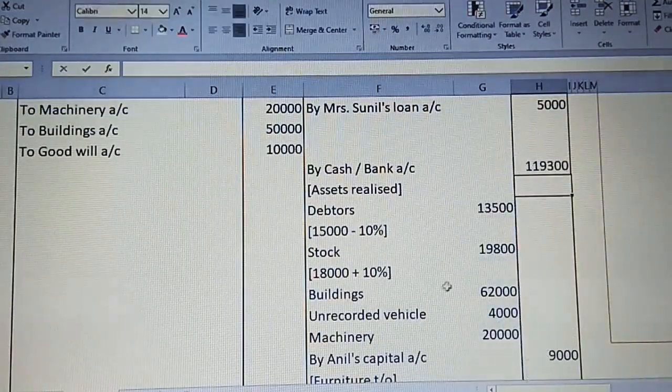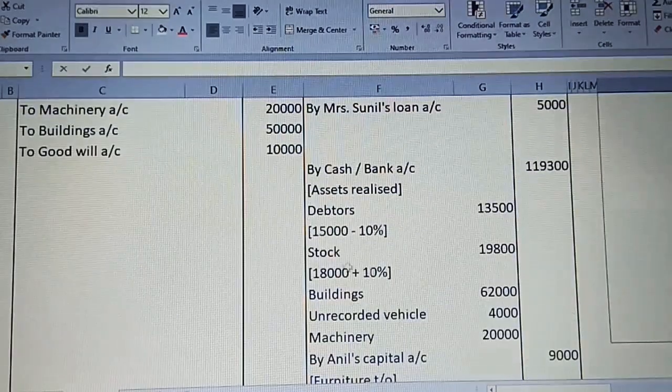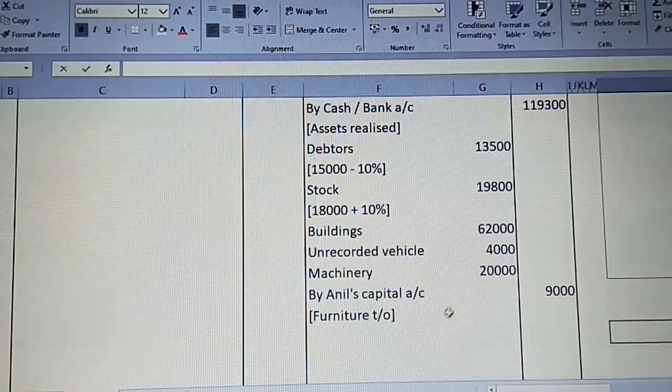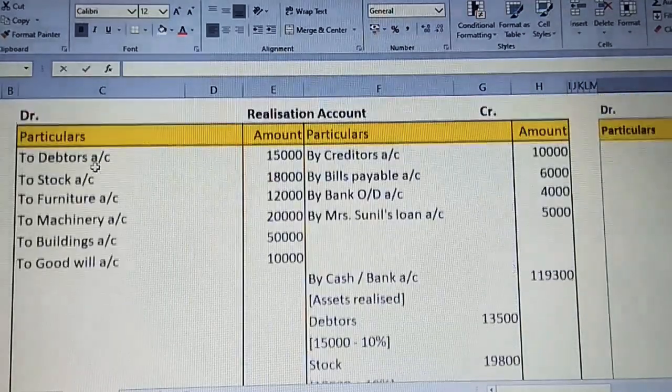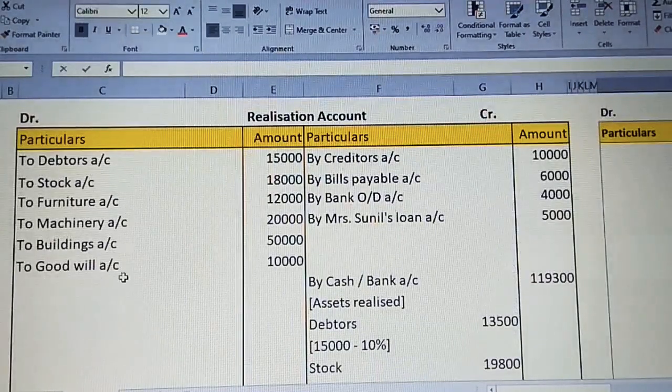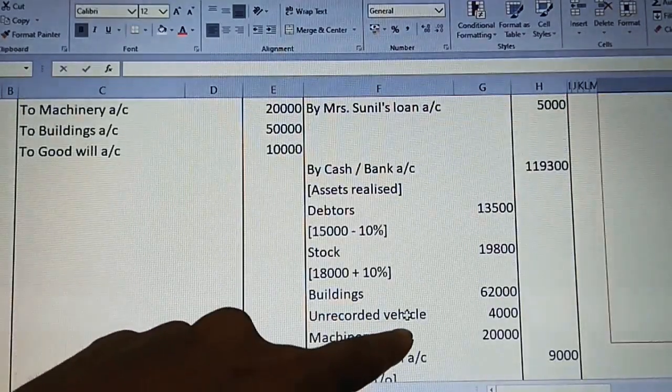Always, whenever you find, see, this is only related to tangible assets, not intangible. Any tangible asset which has been left out, you have to show, even if it is skipped in the instruction under the adjustment, you have to show that it has been realized. Clear? And now 5 assets are over, but one more is still not matching for us, goodwill, right? Forget about this unrecorded, that is additional. Never ever consider unrecorded vehicle.